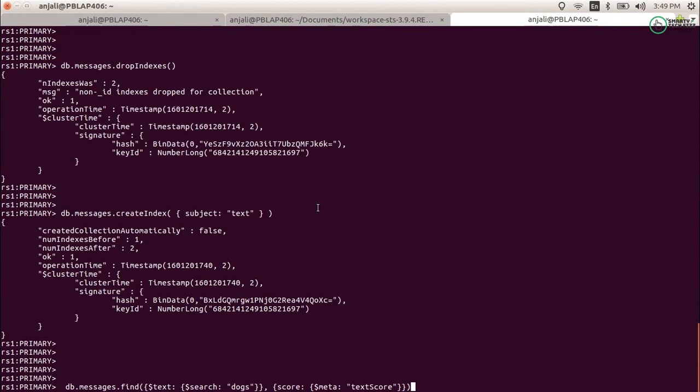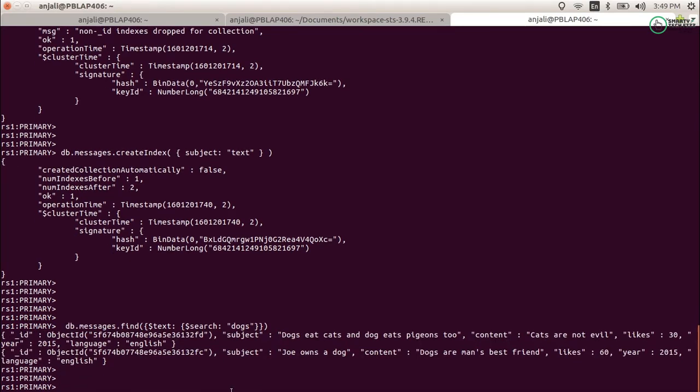So how will we search? You can see that we just need to provide $text first. It will check that we need to use the text index. And in the text index, we need to search, so we will use $search, and in the $search we want to search for the value dog. We just provide this in the find option. That one you do not need to provide. Let's skip it for now. So that is how you can search through this.